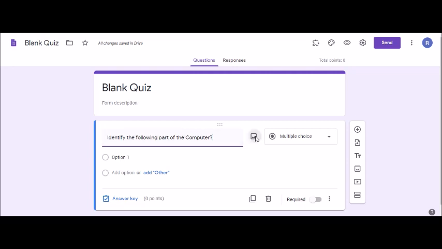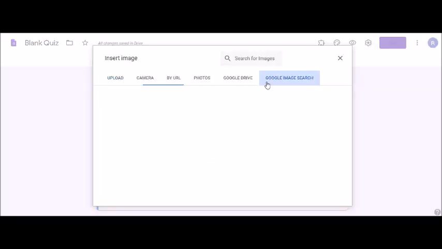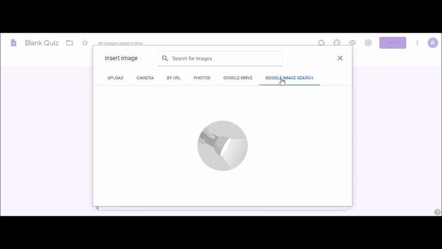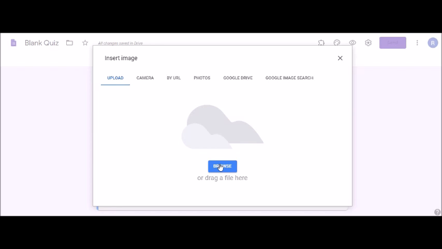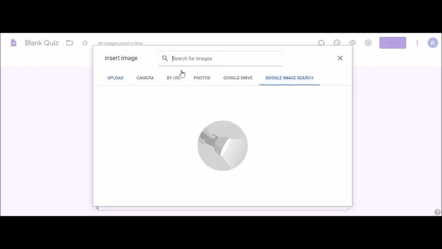So you will click on the image button here and you can simply go to Google image search. There is an option to upload the image from your PC as well. So you can upload the image from your PC, and otherwise you can go to Google search and search.